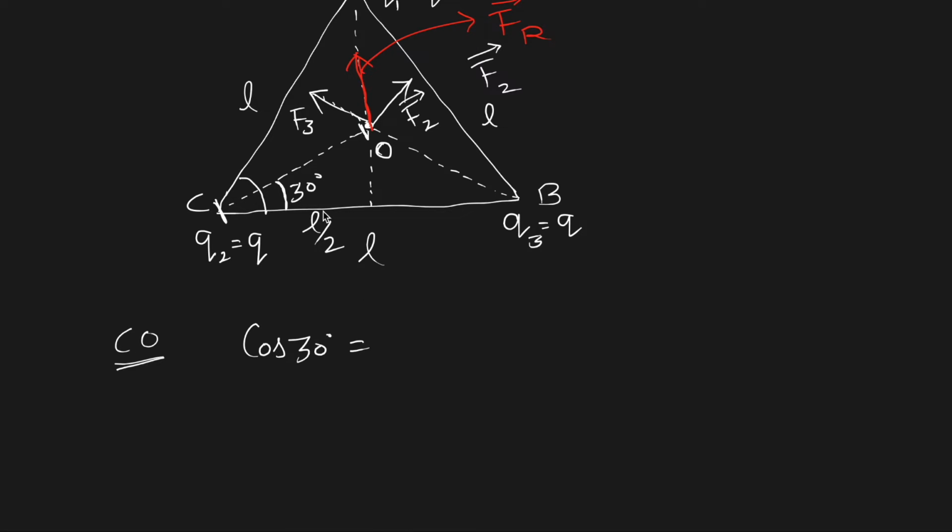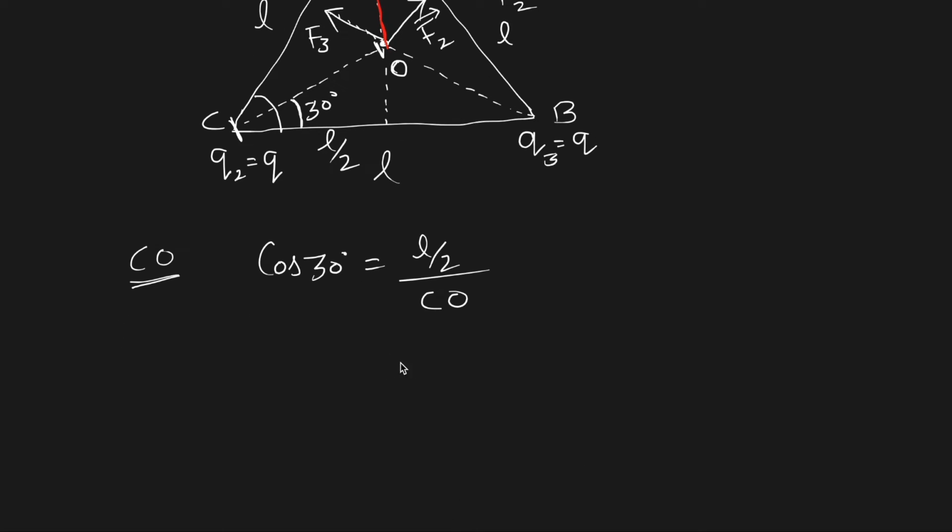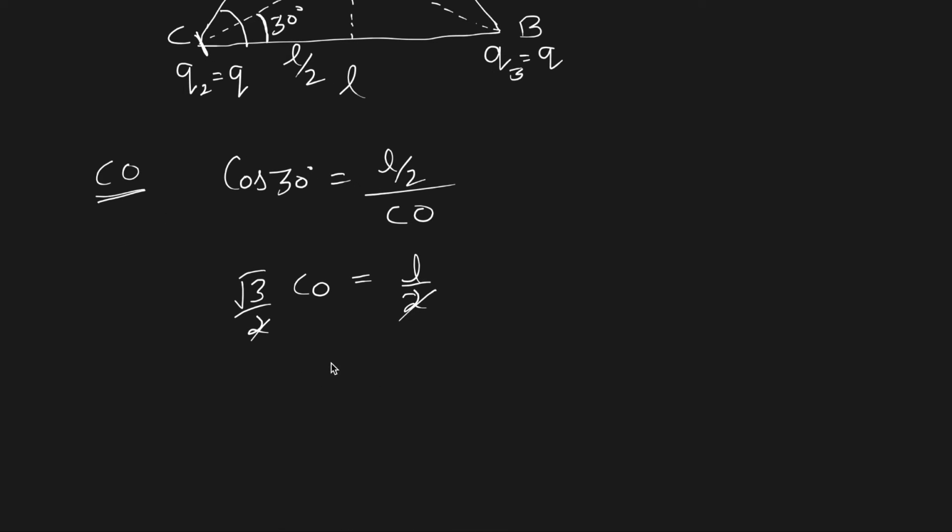Cos 30 degree is nothing but the base L by 2 over the hypotenuse, which we have to find out, and this is CO. So CO comes out to be L by 2 divided by root 3 by 2, and then the 2s cancel out, and the CO value comes out to be